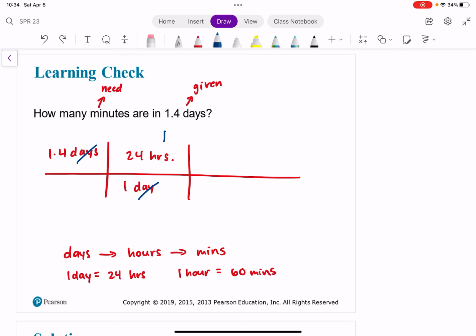So let's do our next train track, and that's going to be, what goes on the bottom? This or this? Hours. Yeah, we want to cancel out hours. So 1 hour equals how many minutes? 60 minutes. And then we can cancel out hours. Okay, so now we're left with